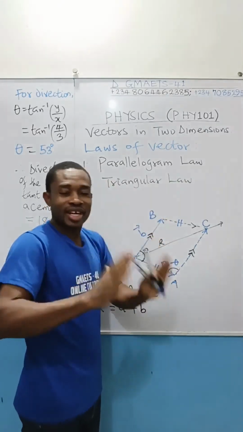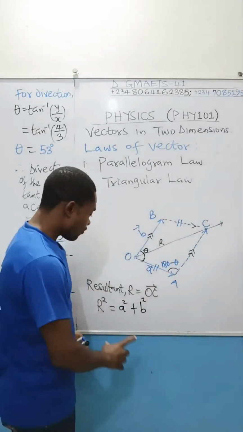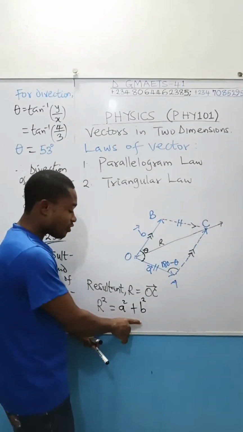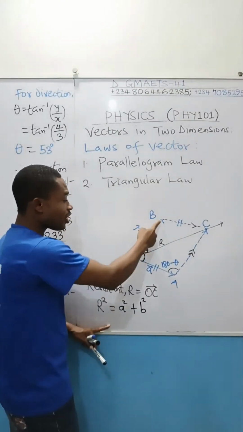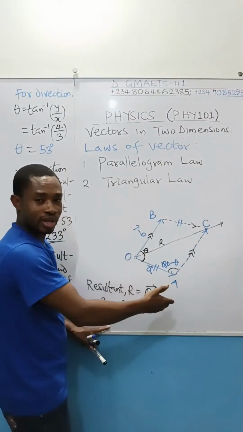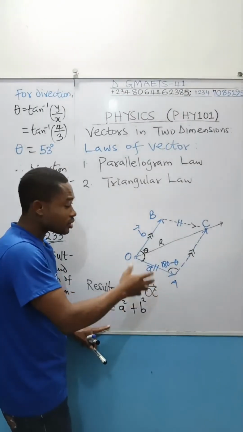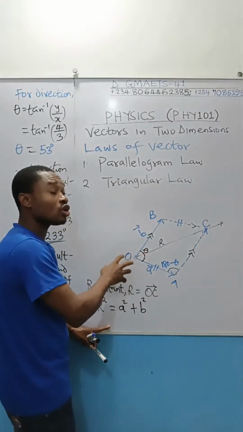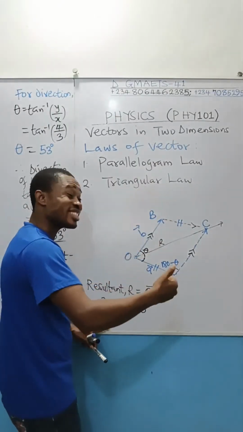But it is not a right angle triangle. That is why the formula cannot stop here. The formula stops here if these two vectors meet at 90 degrees. You bring in Pythagoras. But since these two vectors did not meet at 90, you would have to extend further